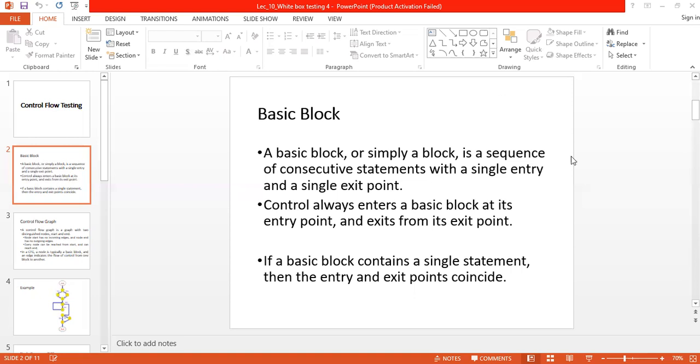So we have discussed those things in the previous introduction to graph related concepts, right? We have discussed nodes, edges, paths, etc. Right?